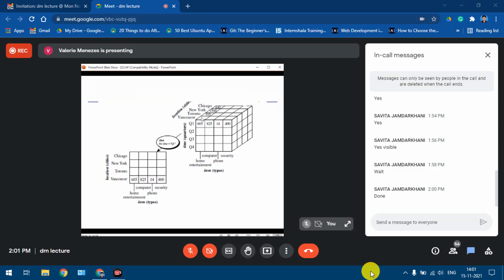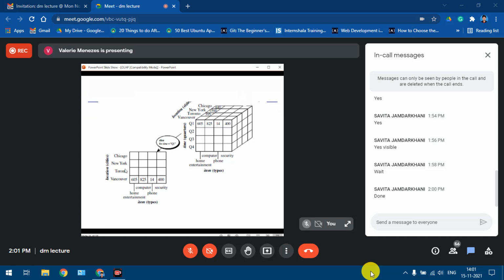So the selection here is done based on quarter one. Time is equal to quarter one, and you are computing the sales done based on the first quarter for the different four locations and for the different four items. So you have to assume as if the first part is cut out. So this is how a slice will look like, of two dimensions, dimension item type and dimension location.